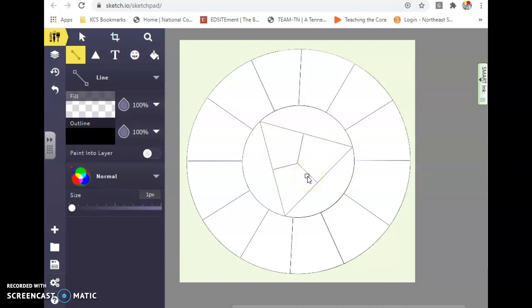Y. So now we're going to do some labeling. So let's change